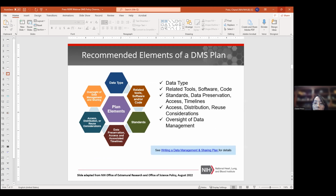And the supplemental guidance on elements of a data management and sharing plan outlines the elements NIH would like to see in a DMS plan, although it's not strictly required out of the policy. But these recommended elements include data type, which is for identifying data to be preserved and shared, and related tools and software code used or needed to access and manipulate data, or data standards to be applied to scientific data